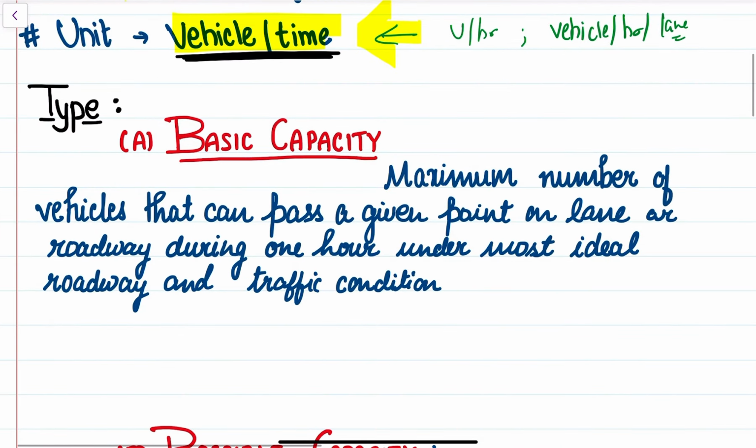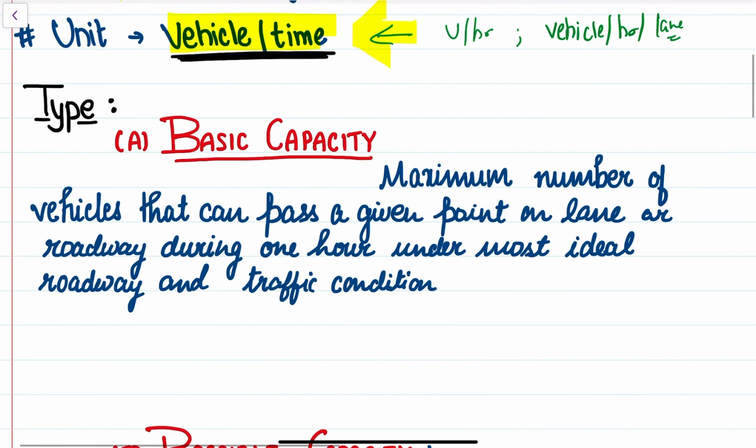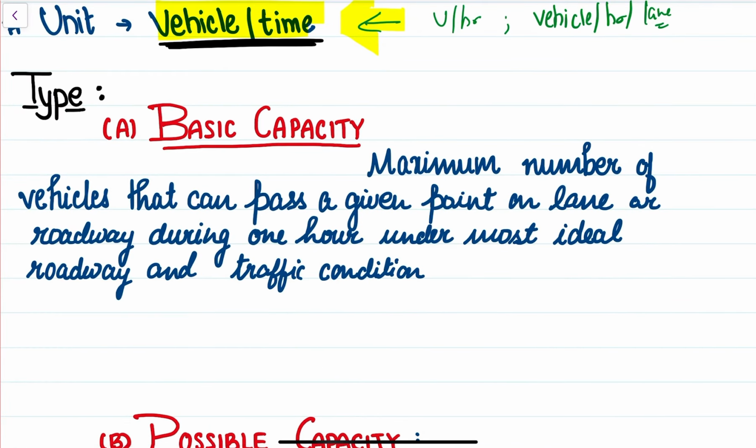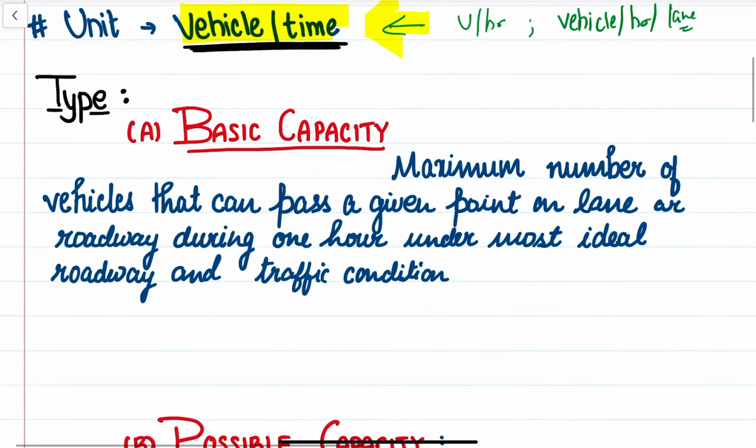Now your traffic capacity is divided into three categories, depending upon the way in which you identify the capacity of the traffic. The first type of traffic capacity is the basic capacity, and it is defined as the maximum number of vehicles that can pass a given point on a lane or a roadway during 1 hour under most ideal roadway and traffic